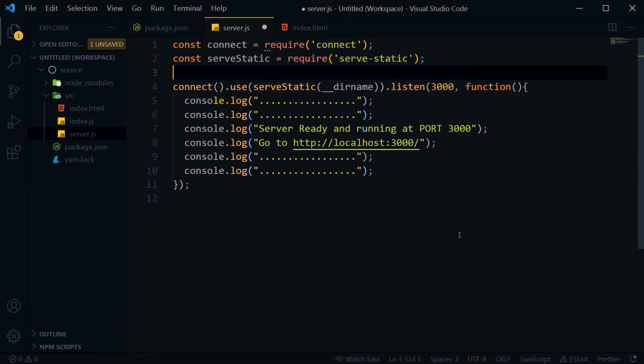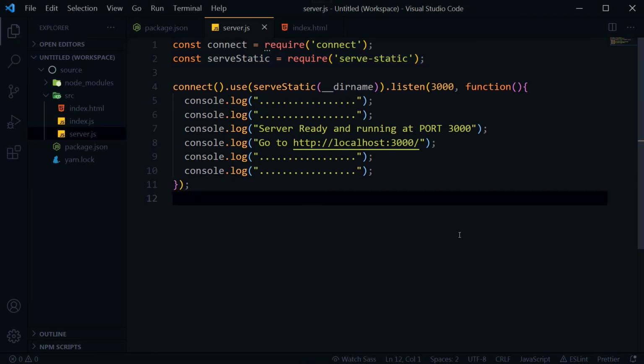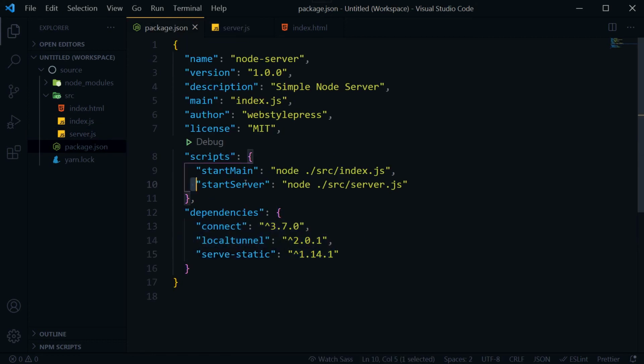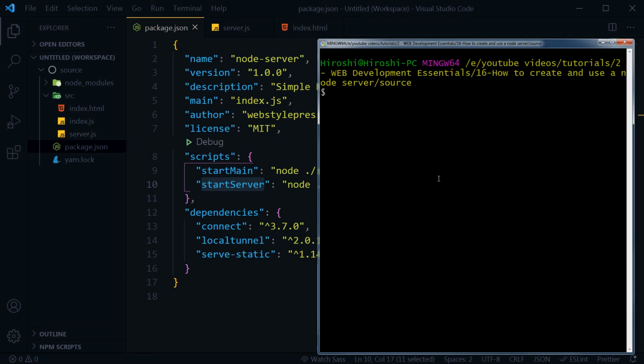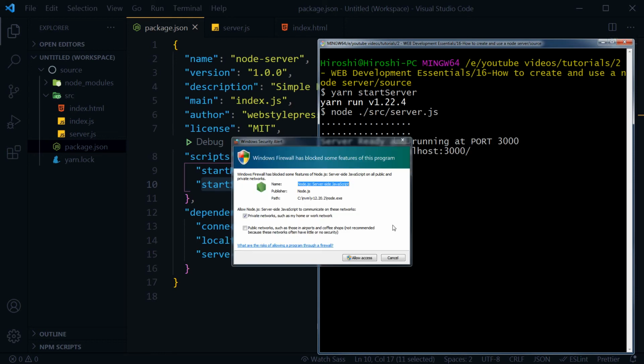And this is a duplicate, I'm removing it. Just save. Now this seems fine. Okay, so we have to run this server.js now, and we have got command for this server.js will be served if we use this command, start server. So this is our terminal, clear, and then yarn start server, enter, allow access,